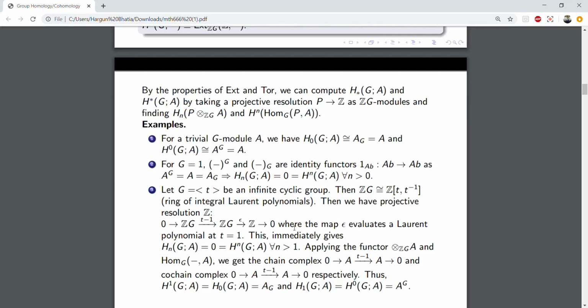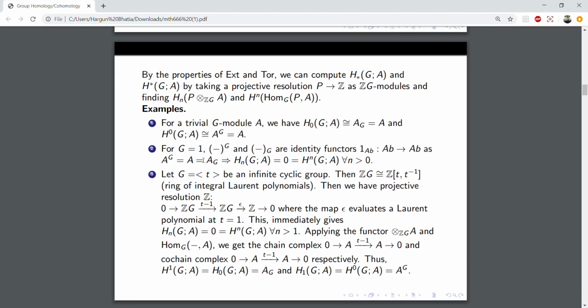If you have a trivial G module, then the zeroth homology and cohomology are just given by the coinvariance and invariance. If you have a trivial module, then the coinvariance is just A and the invariance is also A, by the definition. So this is there. Then if G is trivial, then